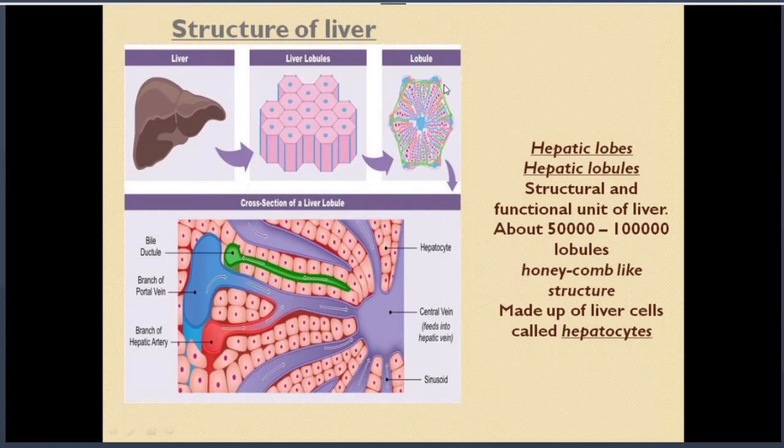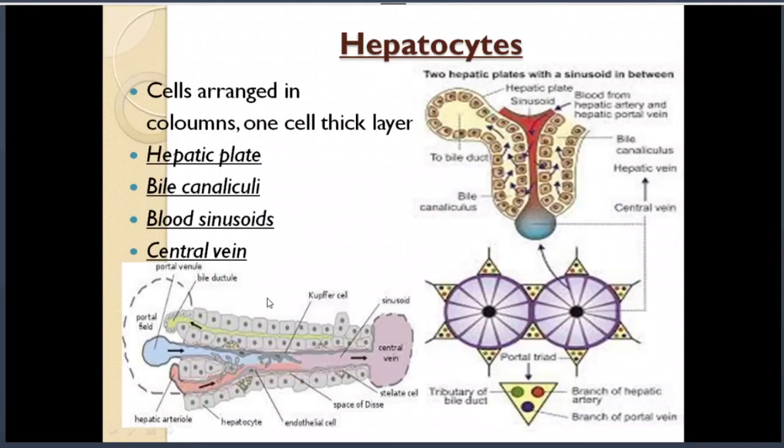These lobules have a specialized arrangement of hepatocytes, that are the liver cells, which are specially designed for secretion of bile. These hepatocytes are arranged in this hexagon, in a single cell thick layer, and on one side they have bile canaliculi, and on the other they have blood sinusoids. The 2 consecutive cell layers containing a bile canaliculus form a hepatic plate, and 2 consecutive hepatic plates share one blood sinusoid.